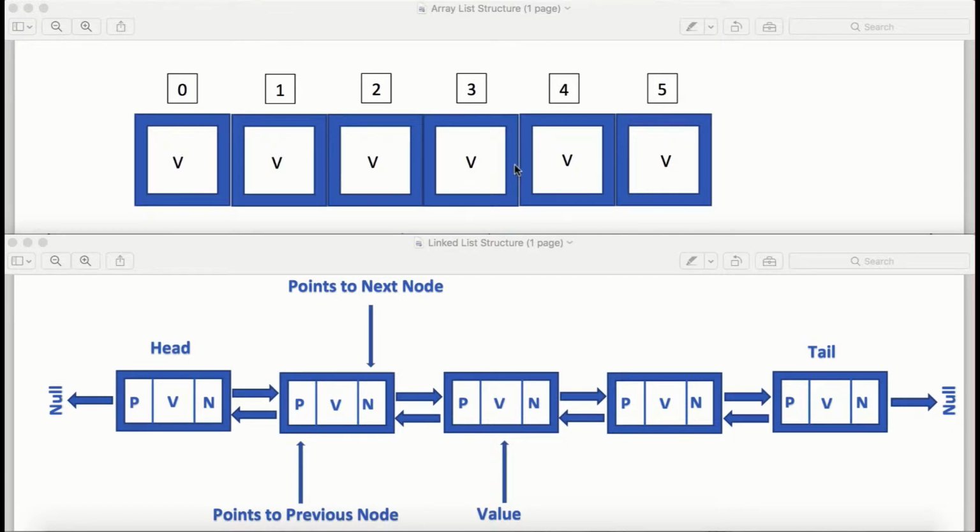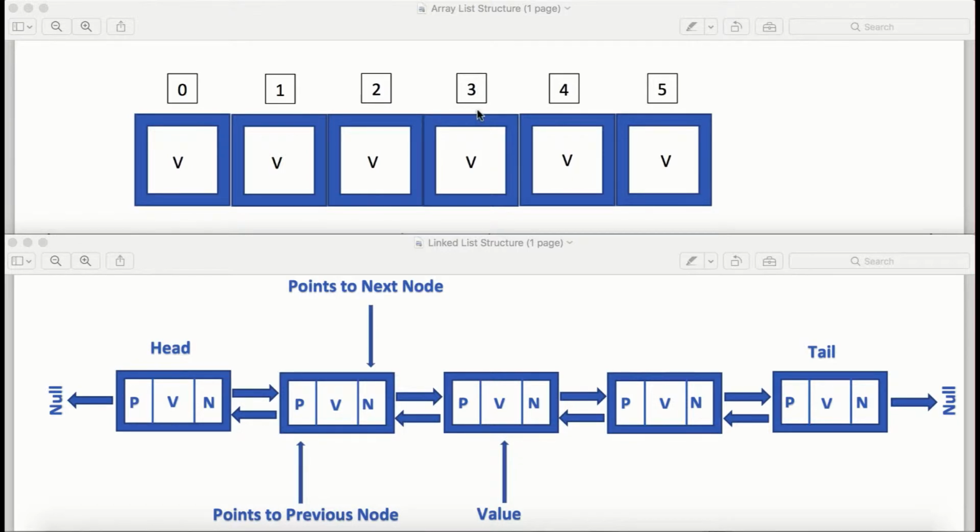Now here creates the first difference between array list and linked list when we want to access the elements. In array list, elements are associated with the index. So let us say in the array list there are 1000 elements and I want to access an element at 500 location, so at 500 index. So it is easy to access that element by simply using the index of the element, so we can quickly